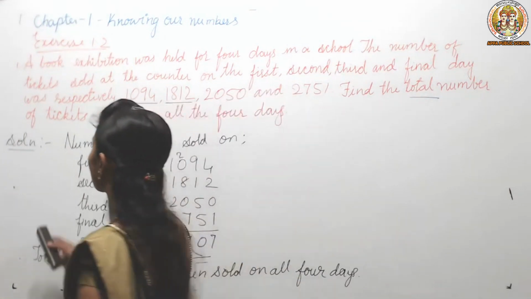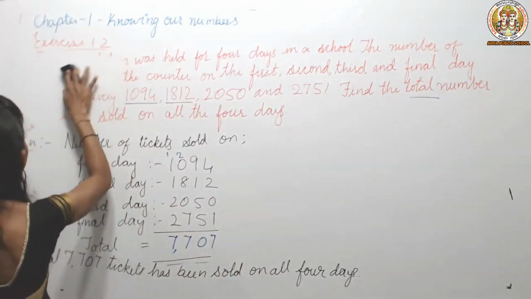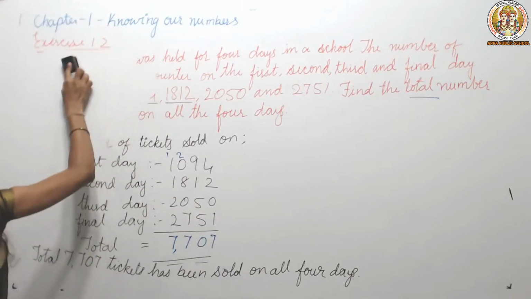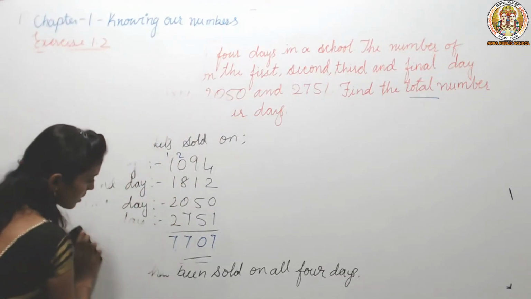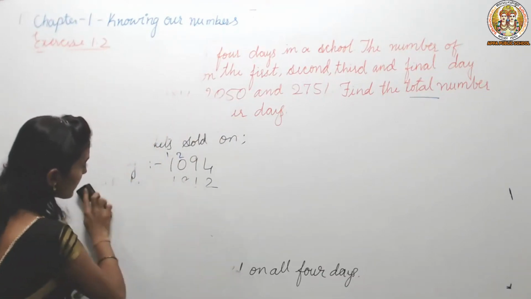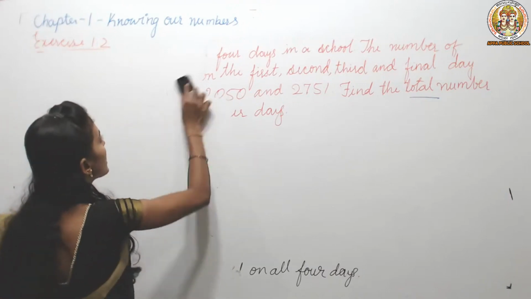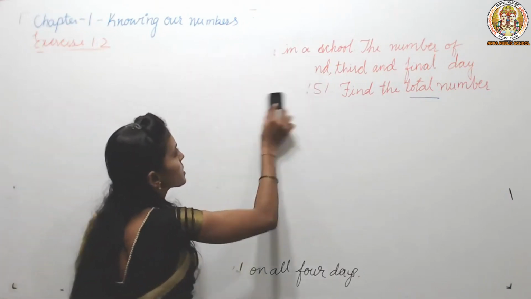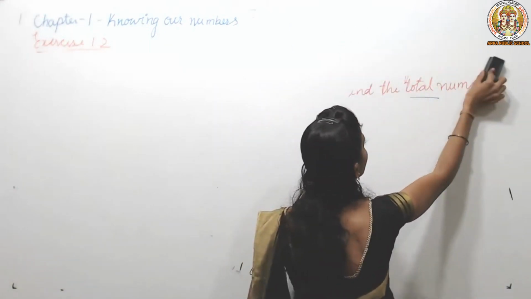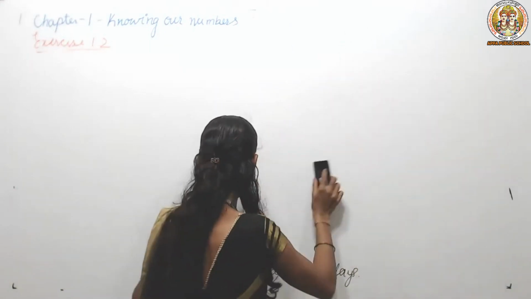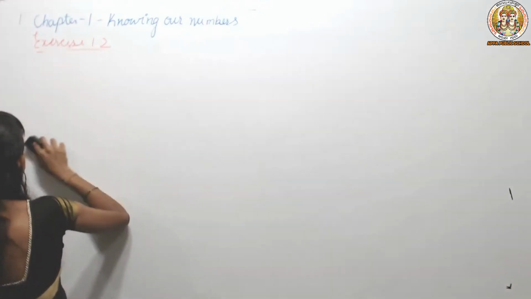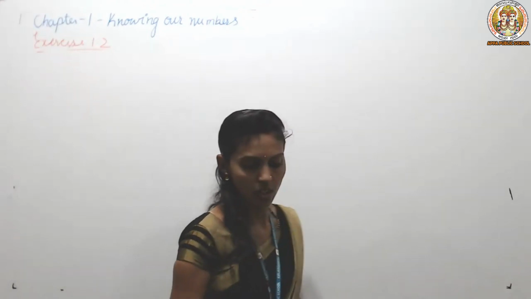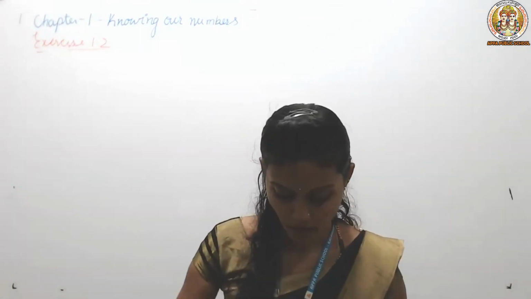The next question is, they have given a famous cricket player. They have given a name. The name is Shekhar. Shekhar is a famous cricket player and he has scored 6,980 runs in test matches, and he wishes to complete 10,000 runs. So how many more runs does he need? That is the problem.